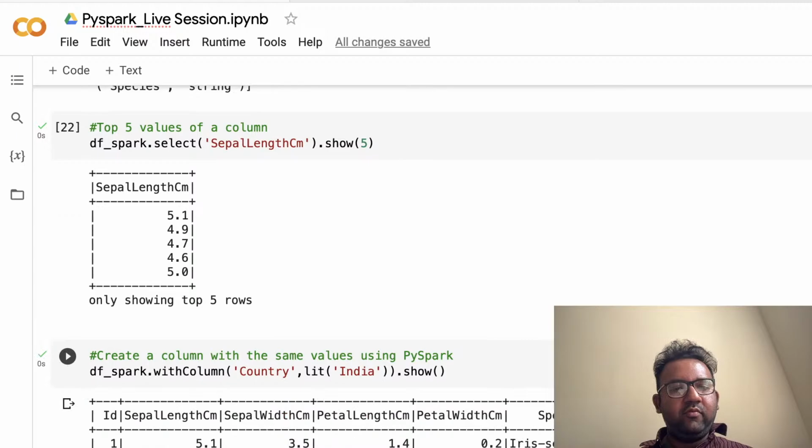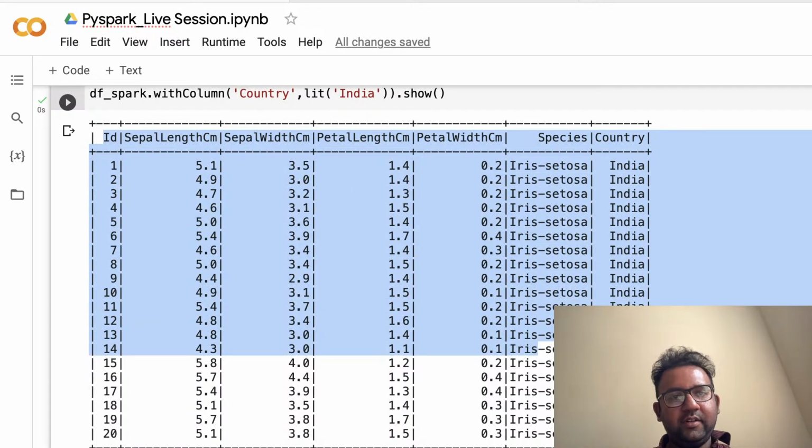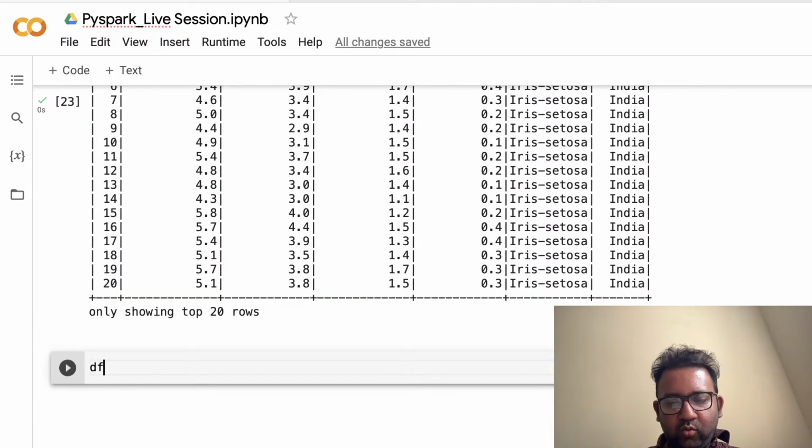So it will do what? It will basically create a column where it mentions India and all. Alright, and it will basically show. Now if we check,